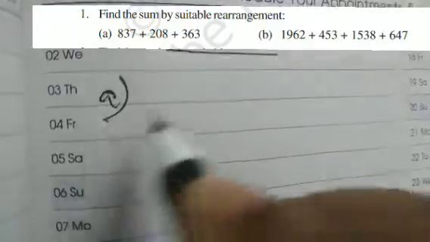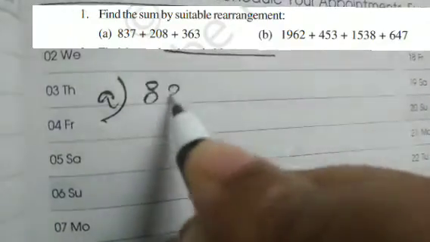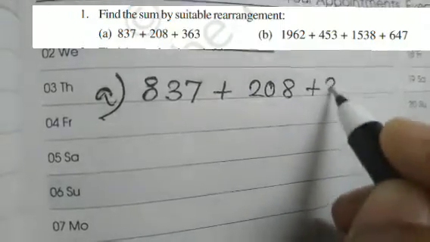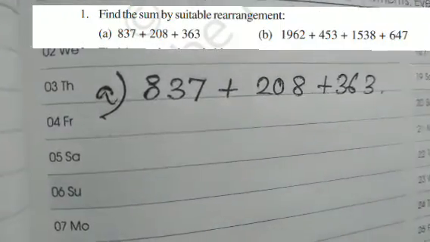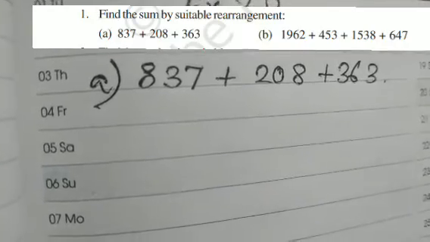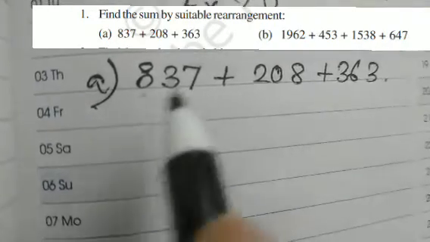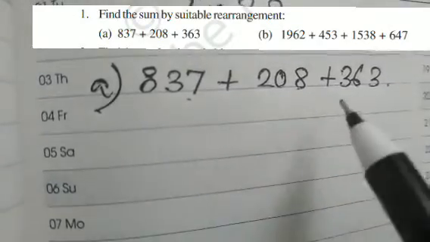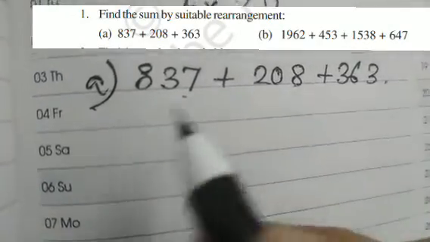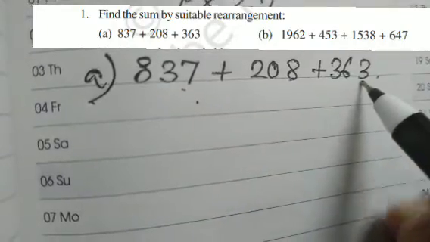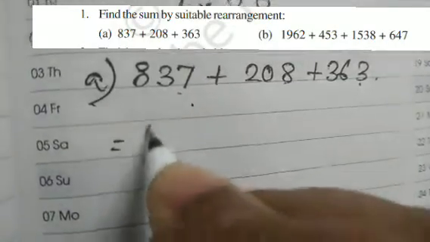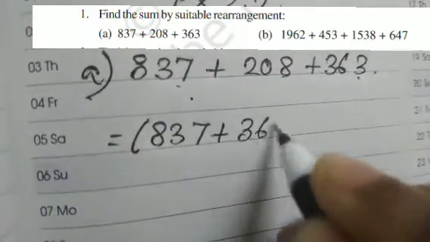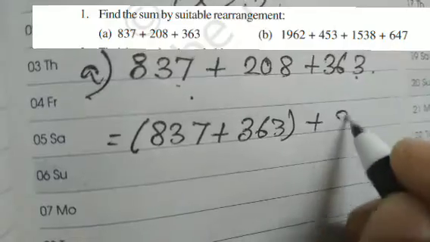I have the first question as 837 plus 208 plus 363. What is the suitable arrangement that we should do? For that, I just add the last digits to see if they make 0. 7 plus 8 is 15, so it is not 0. What about 7 plus 3? That gives 10. So I can easily arrange this as 837 plus 363, which will be done first, and to that I